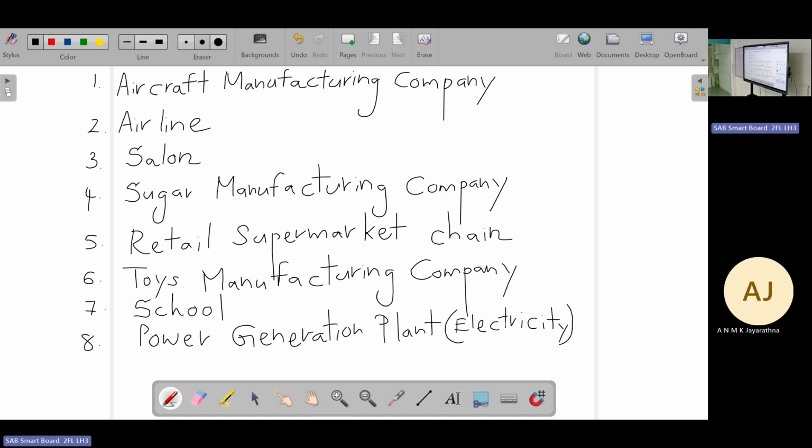In the examination also put that. This is a very open question. If you can give me a correct example, then I will give you marks. Then airline,